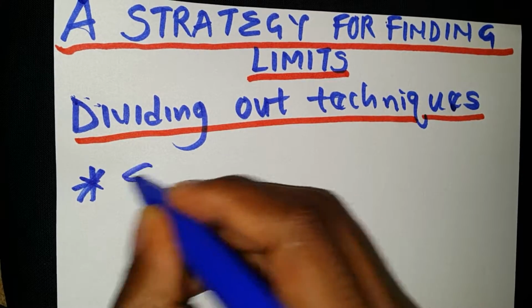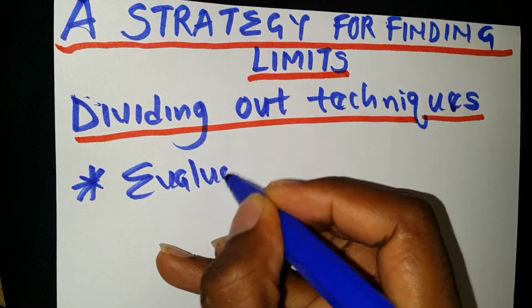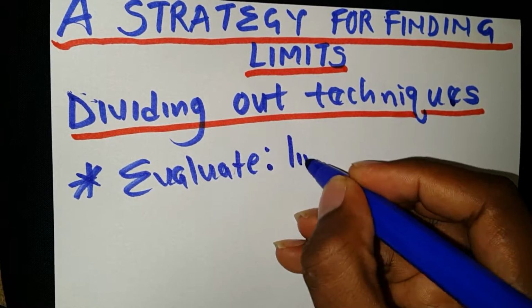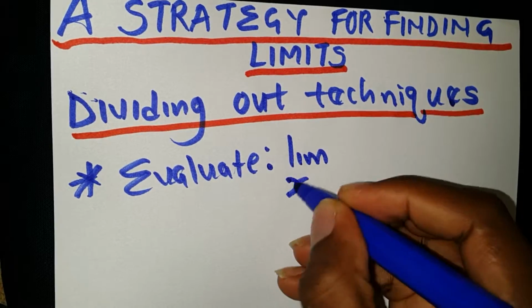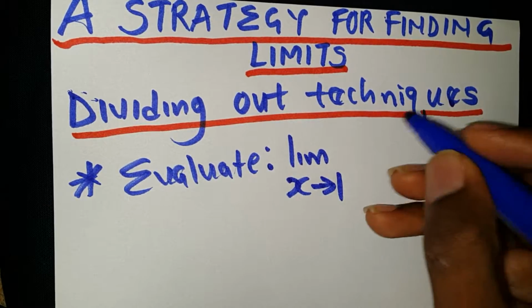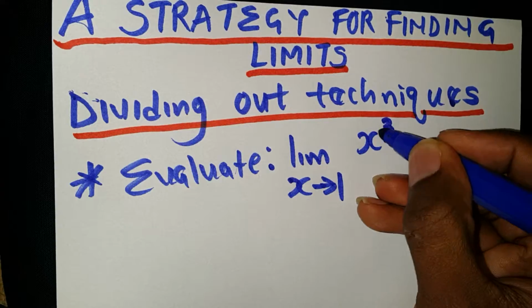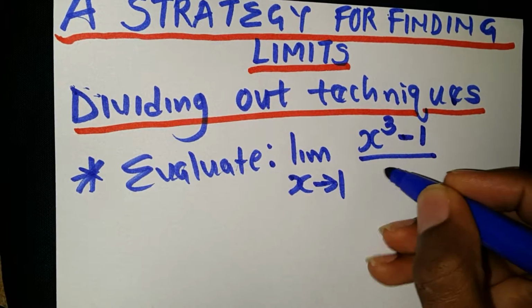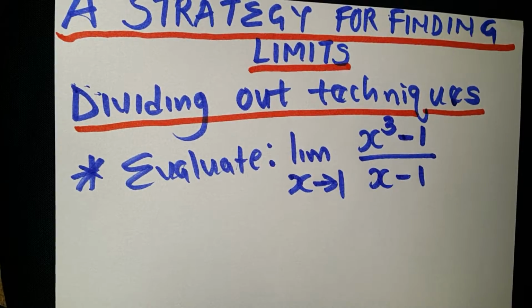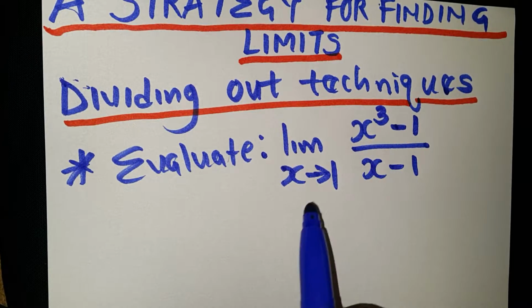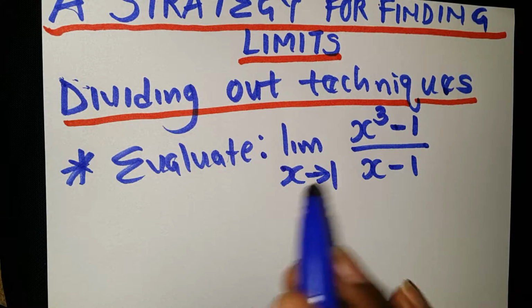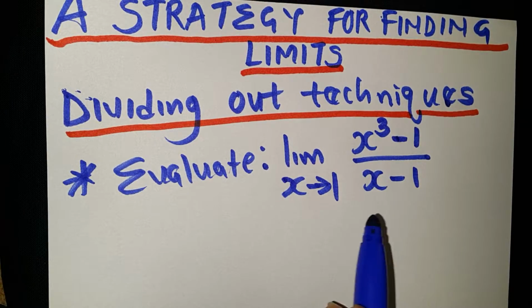If we are asked to evaluate this limit, x tends to 1, x cubed minus 1 divided by x minus 1. Now let's put our x is tending to 1. I shouldn't be talking about the other videos again because I know you already have the full understanding of